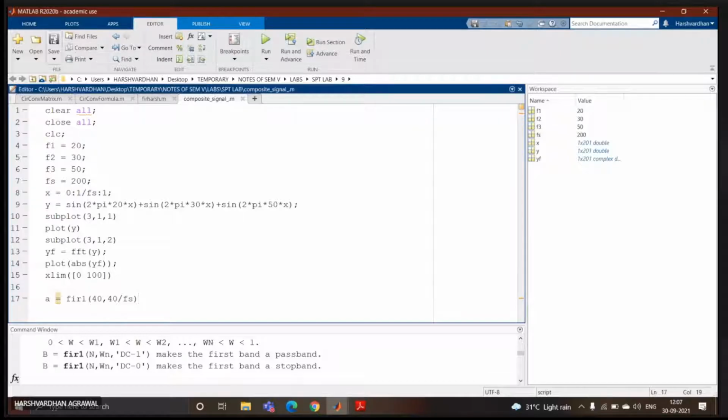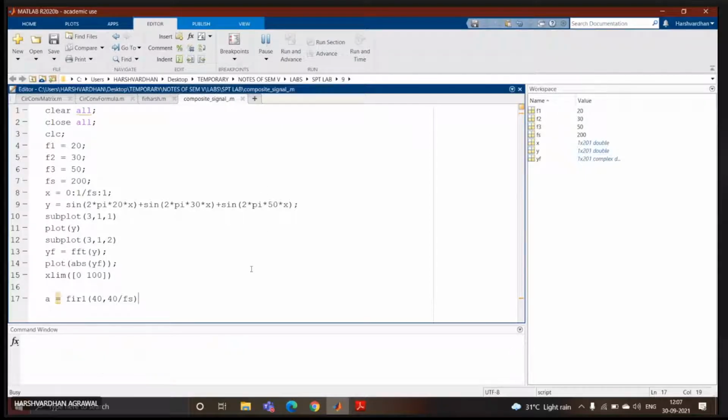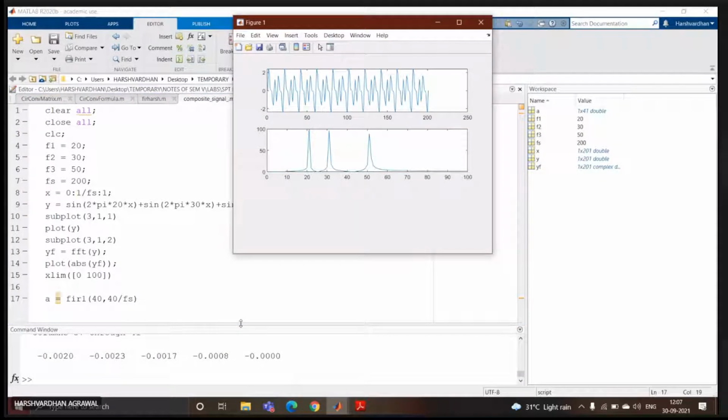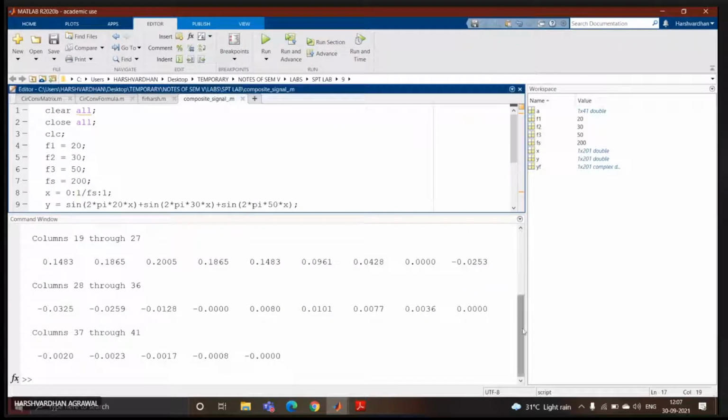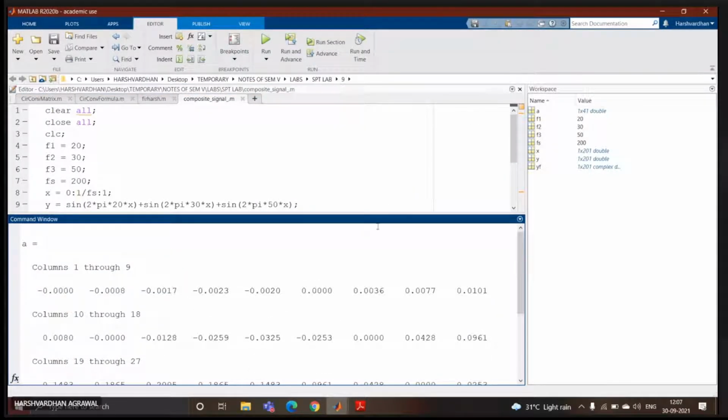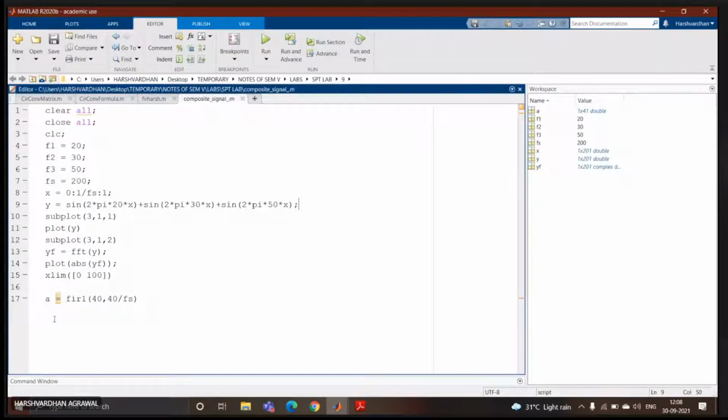And check whether any other parameter is asked in FIR1. Is there any other parameter? No, sir. I'll run it once, so we'll get the filter coefficients. No, check the documentation of FIR1. Is it requiring anything else? No, sir. We got the filter coefficients. Good. Now there is another command, filter, that will filter out your signal. Then again check the documentation for filter.